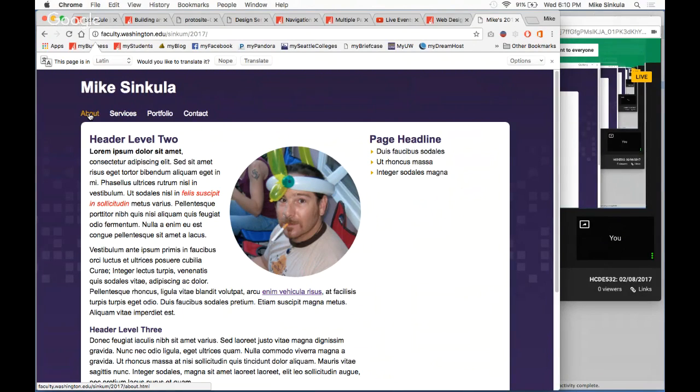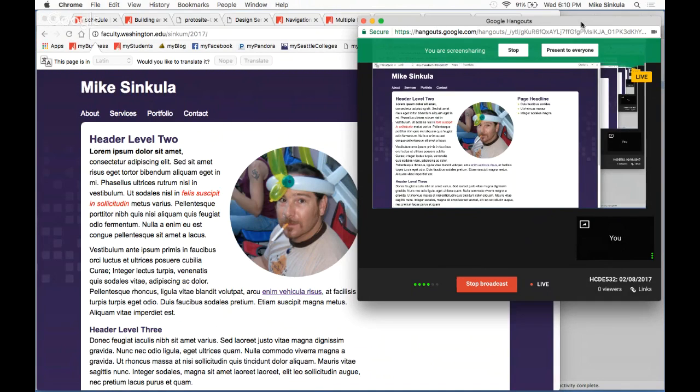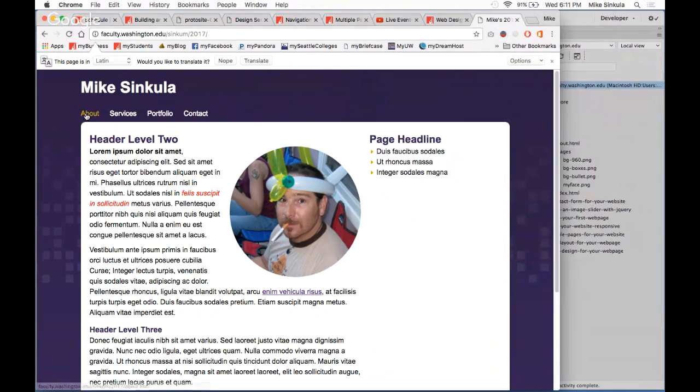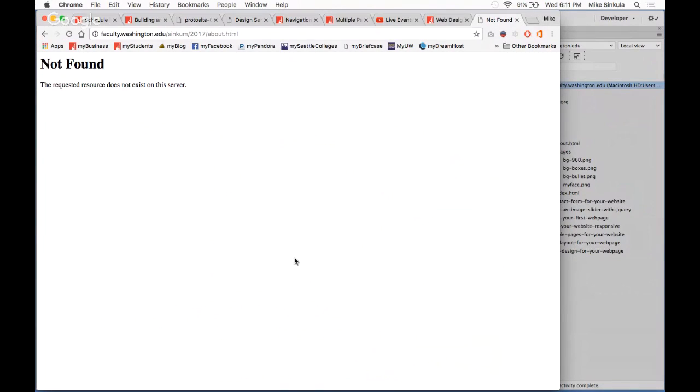If you are using Chrome, the target or the hyperlink that you're about to go to will show up down there. And so if I click on that,